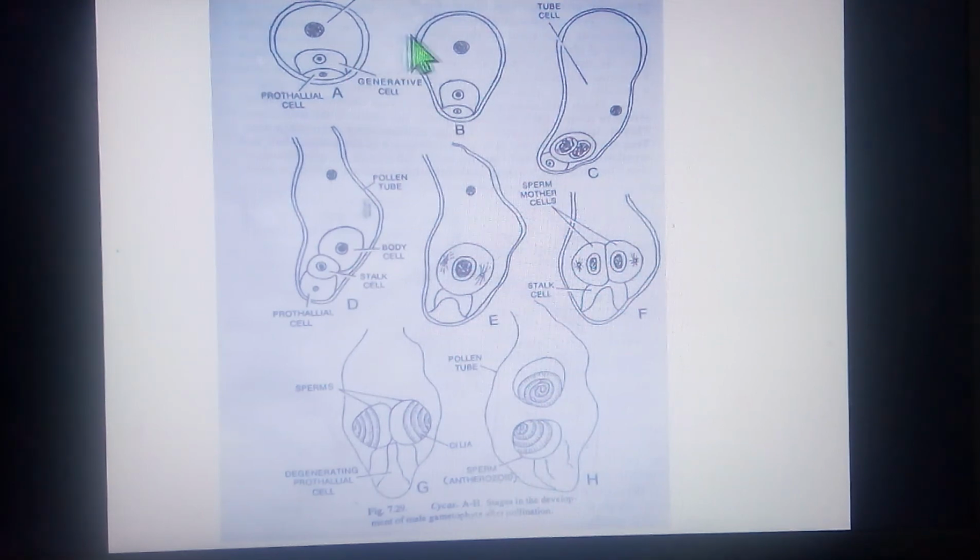It elongates, breaking the exine to form a slender, long, branched pollen tube. This tube cell will elongate to form a pollen tube, whereas the generative cell will become larger, and also it starts to